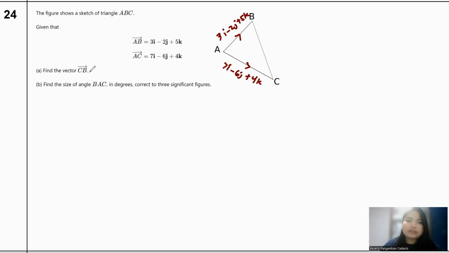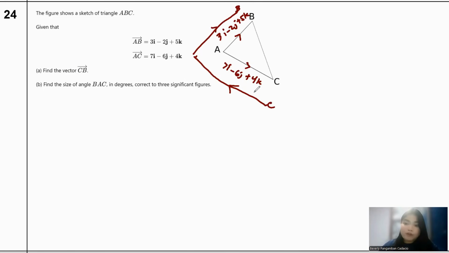Now, what you want to find is CB, meaning from C to B. You want to get that. So, meaning to say, C to A to B. That's how it works, from C to A to B. Okay? Because you don't have anything here, that's what you want to find. So you want to go with C to A first, then after that, A to B. But they need to have the same sign, like this, because you go with C to B, right?